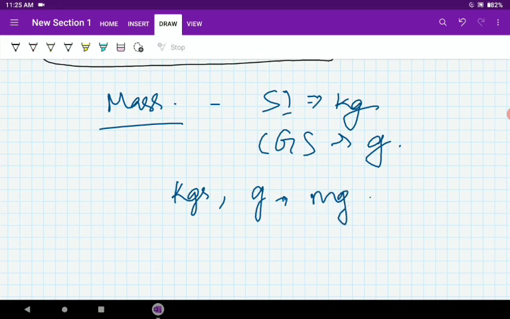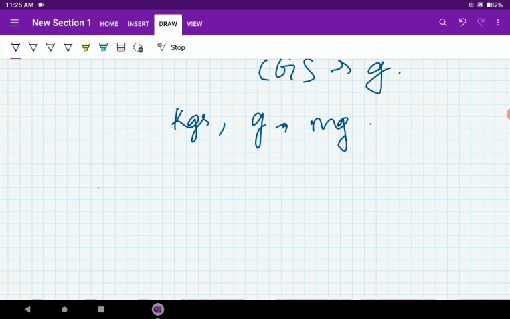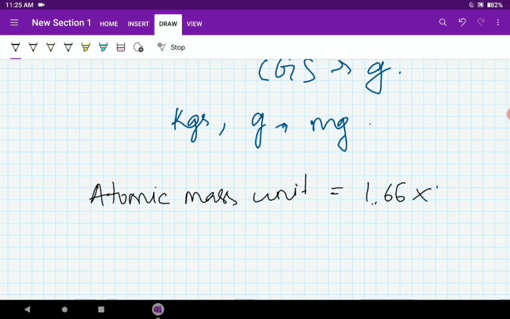But one thing which I would like to tell is the atomic mass unit, which is another unit of mass which will be used in chemistry once you come across it. Atomic mass unit, you can understand that this is used to measure the mass of atoms. Mass of atoms is very low, you cannot see it. So how low it is, you can imagine. It is 1.66 into 10 to the power minus 27 kilograms.